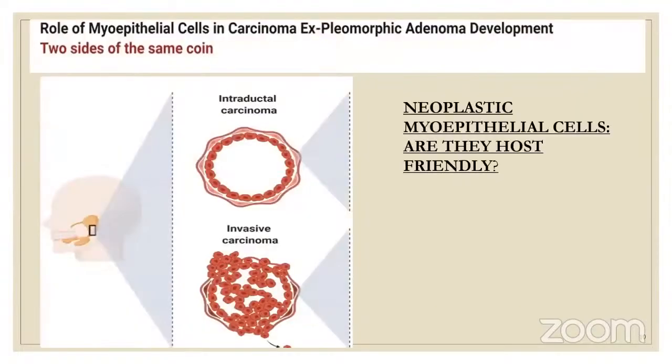Now the question is, are these neoplastic myoepithelial cells host-friendly? In the neoplastic state, myoepithelial cells have lower proliferation rates than basal type epithelial cells and secrete excess substances that inhibit tissue invasion and metastasis. In intraductal carcinoma, myoepithelial cells separate the malignant epithelial cells from the stromal environment, forming a barrier between the transformed cells and the basement membrane. But at some point, the cells break this myoepithelial